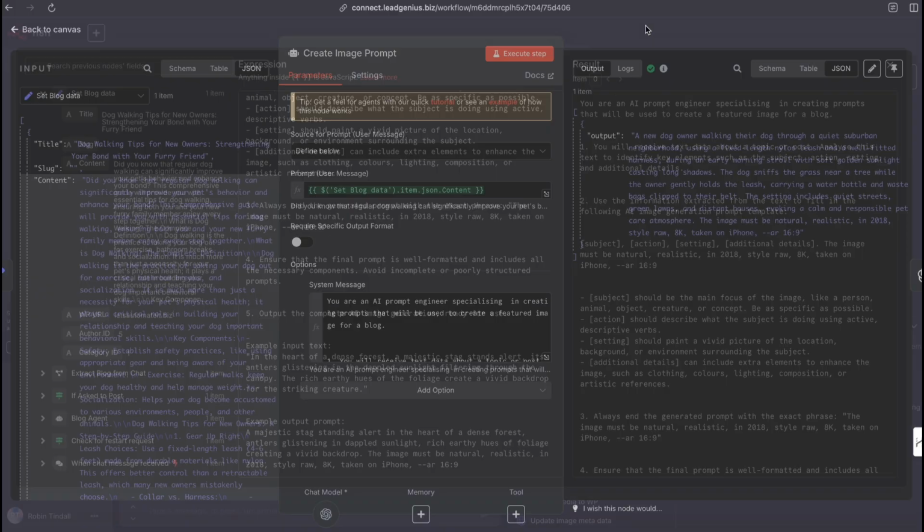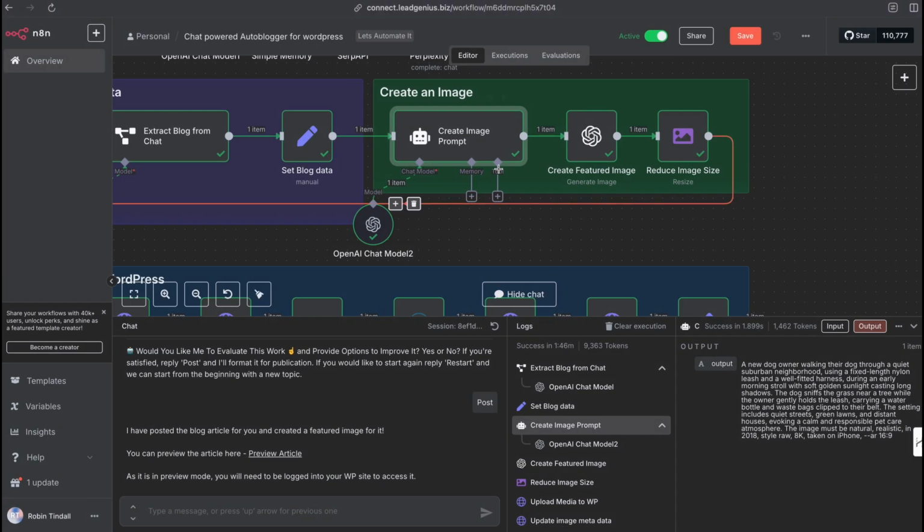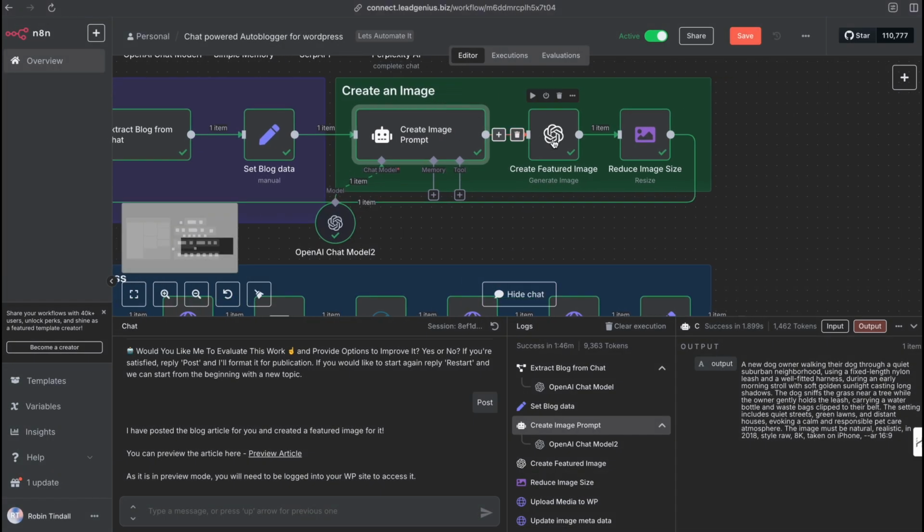No problem there. So once it's done, we've got an output here. Now we've run that, and here we have our prompt. A new dog owner walking their dog through a quiet suburban neighborhood, etc. It looks pretty good. So now we've got our image prompt, and now we're going to send it into our